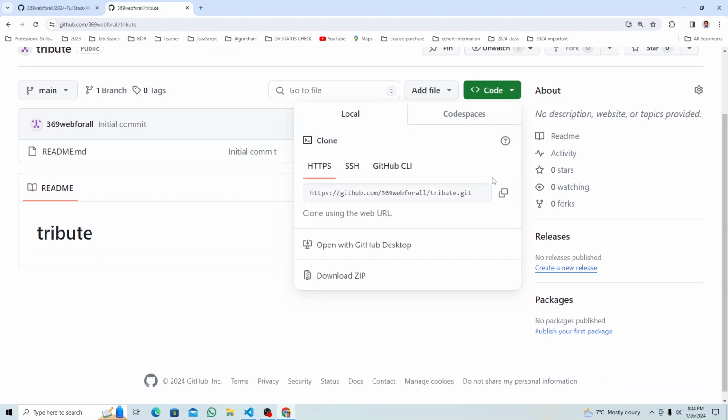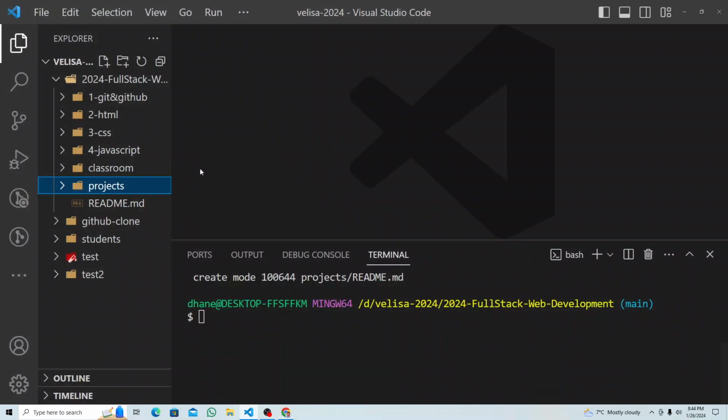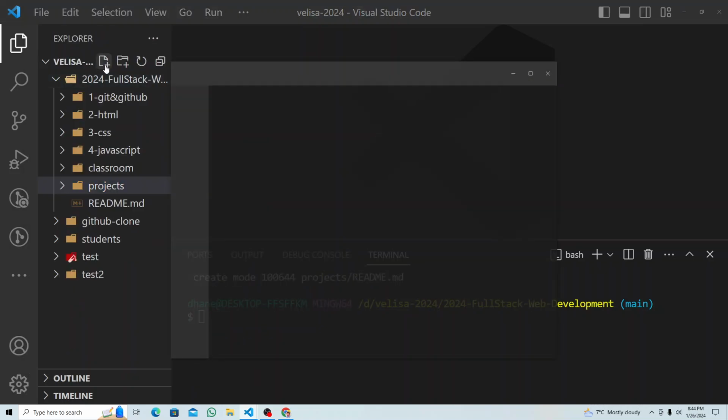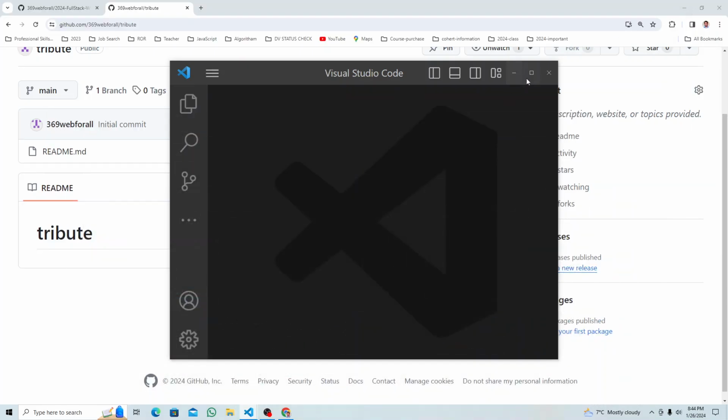Now I will clone this. So HTTPS, copy the link, and my projects, I'm adding in, let's say, classroom. So okay, let me open the new window. I'll just open new window,